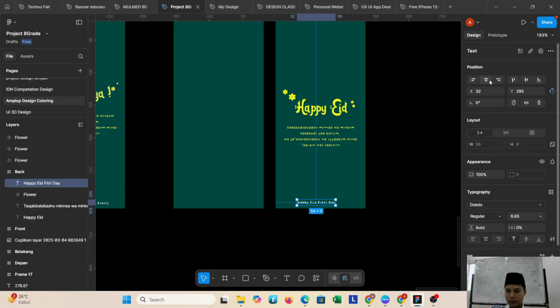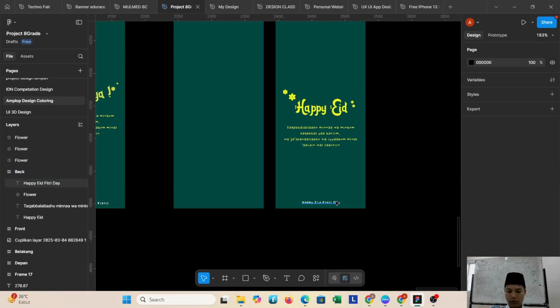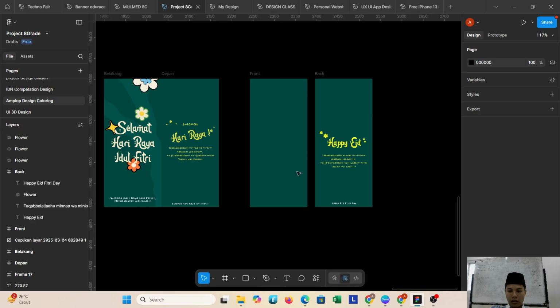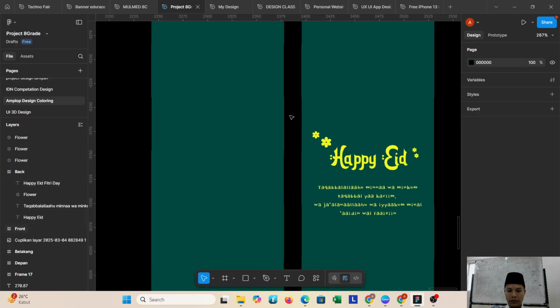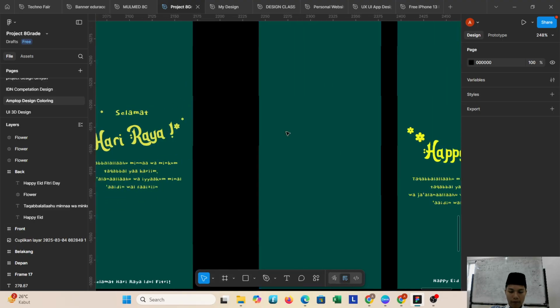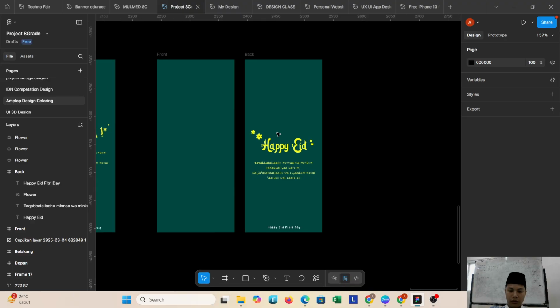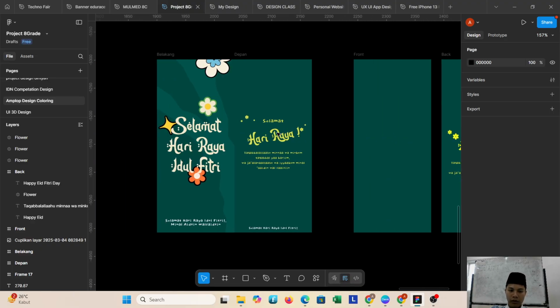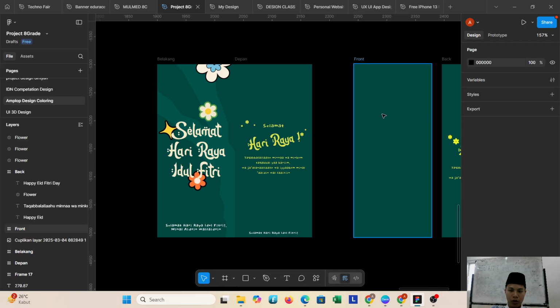You can put it in the middle bottom of your design. Okay, the back of the envelope is already done, and next we go to the front of the envelope.